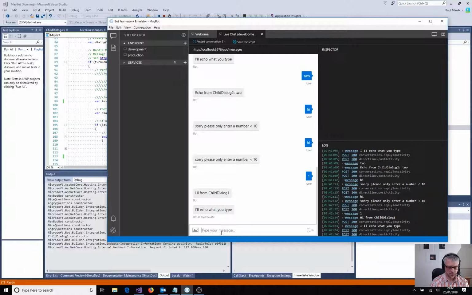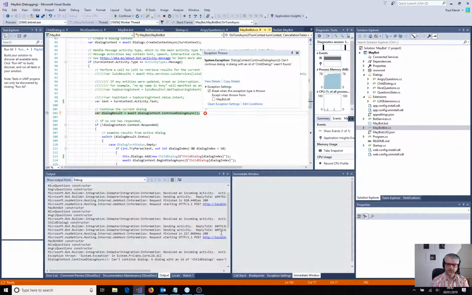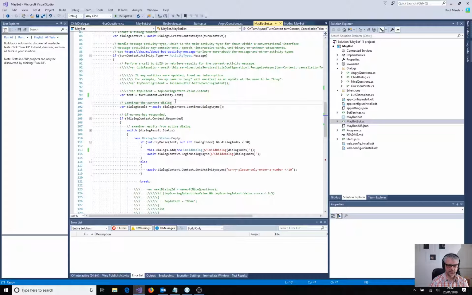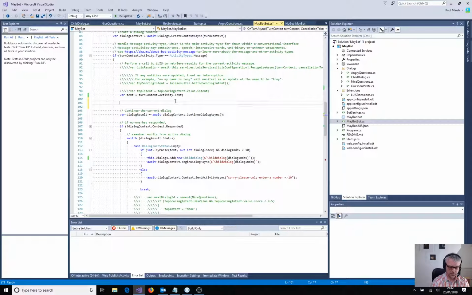Well, not quite. If I type in something for it to echo now, it's going to say, well, I've got to here, and the framework needs to rehydrate the dialog that was active, and unfortunately, because it's not in the constructor, it's not there, and so we get this error. So how do we avoid this? How do we add just-in-time in here? Well, what we can do is say if the dialog context.active dialog has something in it,